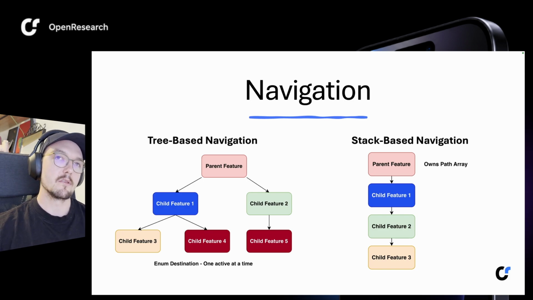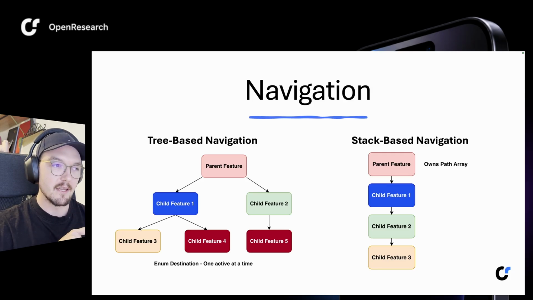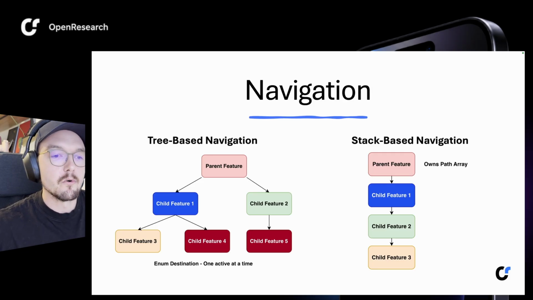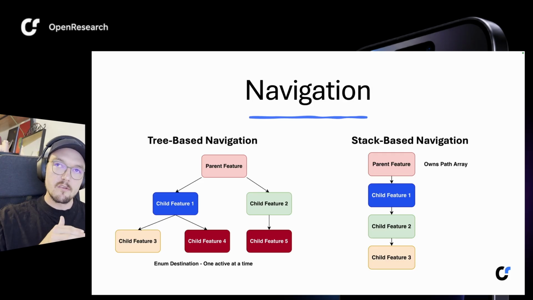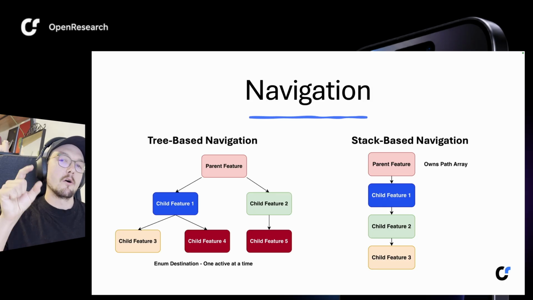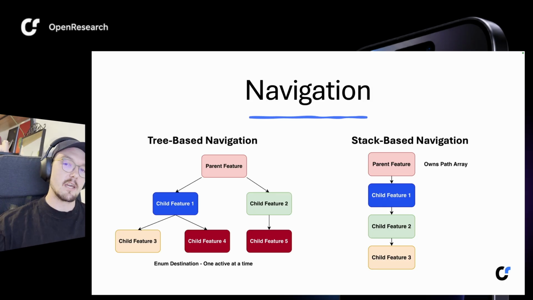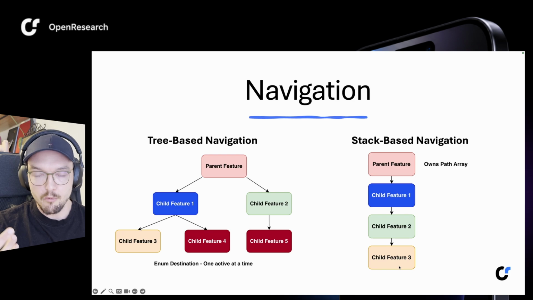And this also makes use of one of the main components of TCA, that all features inside of a navigation stack are connected together. So as I've shown you, whenever an action is triggered, the reducer is triggered and it just goes through it. But it does not only go through its own reducer, but actually through every reducer inside of the navigation stack. That means I could have child feature 3 in the stack-based navigation example, currently present, and